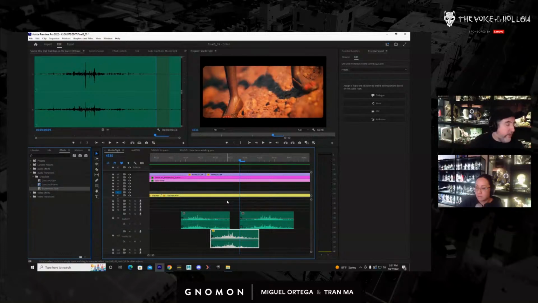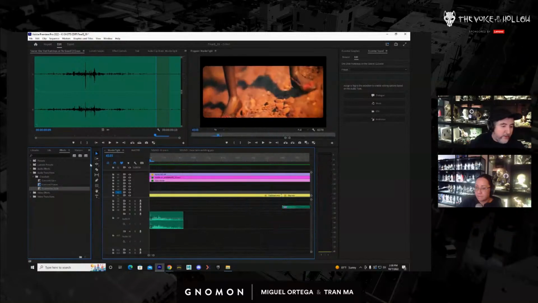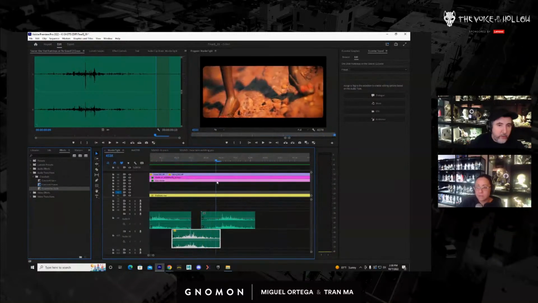Where that becomes extremely powerful is you could load up all of these footsteps into this program, and then I could just watch this video and just press the keys with my finger, and depending on what key you hit, it's a little bit higher pitched, a little bit lower pitched. It shifts the pitch accordingly. So now you could just time it with your foot instead of going in here and fine tuning everything. You're just basically like, click, click, click, click, just trying to match it. So I definitely want to get that for this kind of stuff, because putting in the footsteps is the freaking worst.